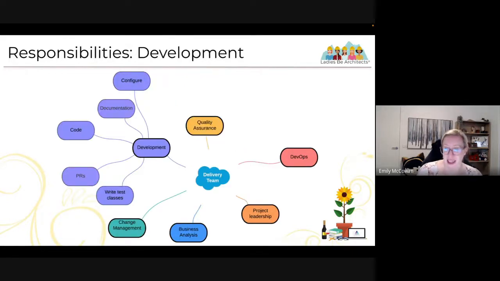Development. So obviously they're the people who are configuring or coding the solution. They're actually doing the builds. They're writing test classes. They're documenting what they're doing. And there's lots of different ways that you could be documenting this. Some people just use the branch to be self-documenting of what was built for that particular feature via the Jira story. Some people will have a configuration workbook kind of thing